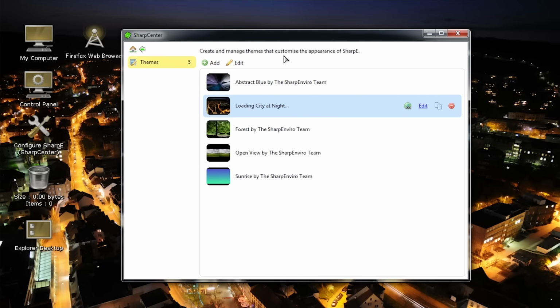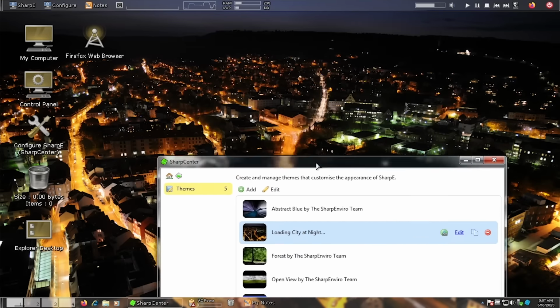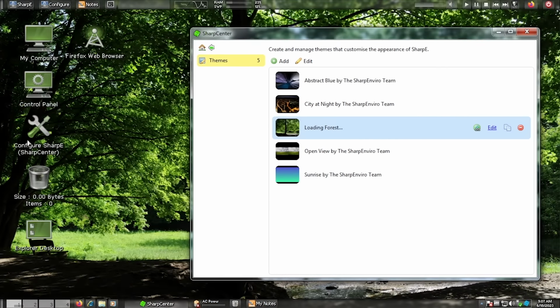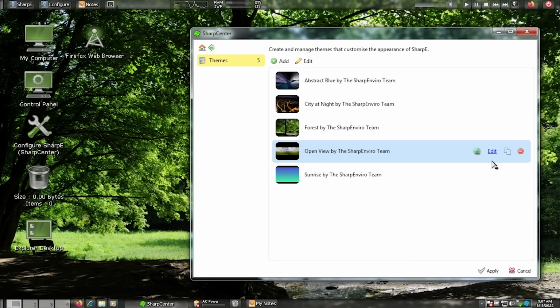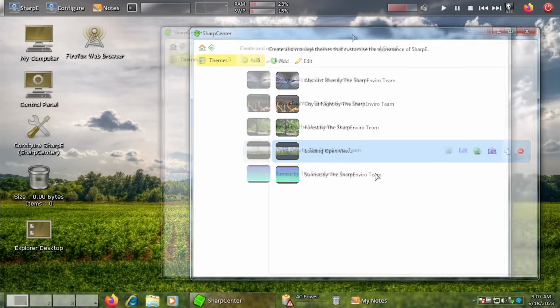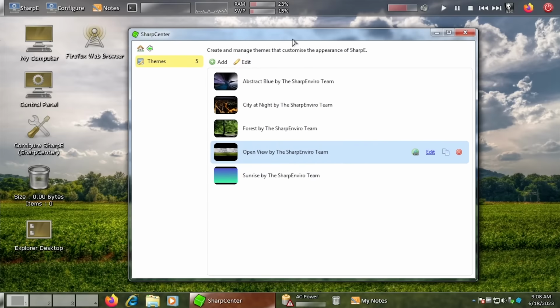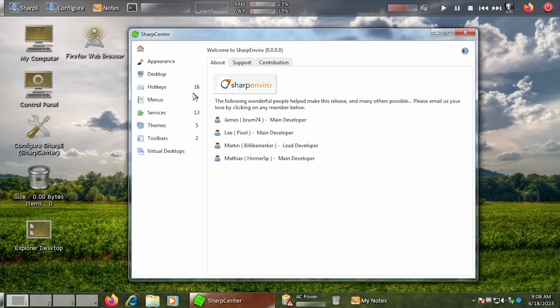We'll just go through all of them. So city at night. Here's that. Again, they got that faux transparency going on. Forest. Got a lot of green icons, which is nice. Makes sense. And open view. Oh, this one has the Windows 7 skin applied, which with that faux aeroglass transparency looks really nice. We're actually going to leave it at open view for now to give you guys a break from the awful